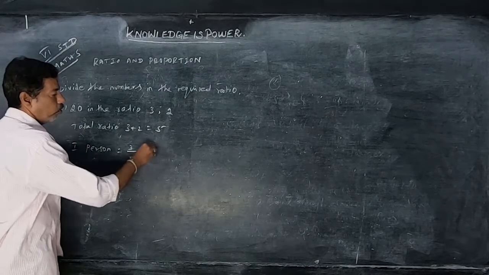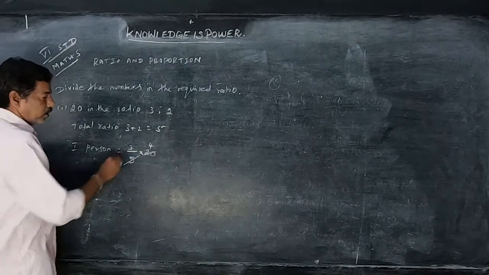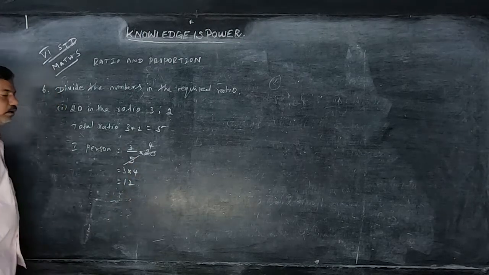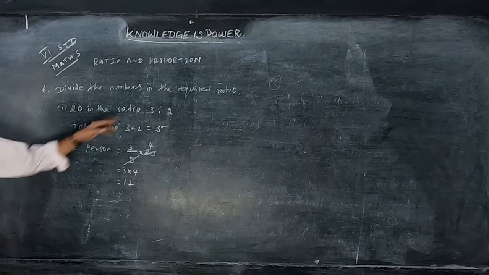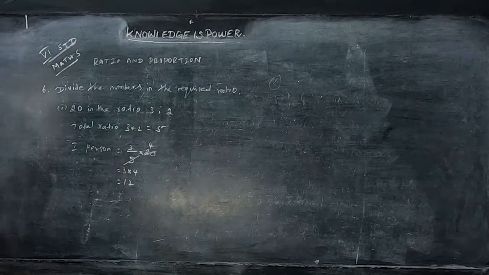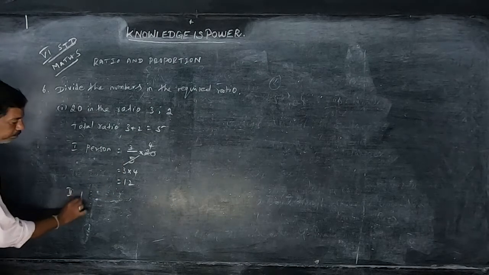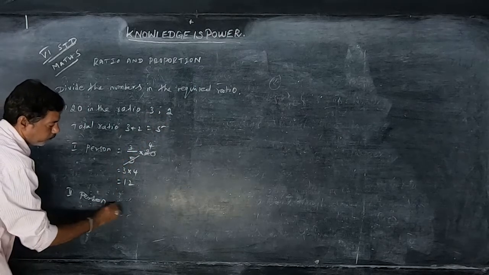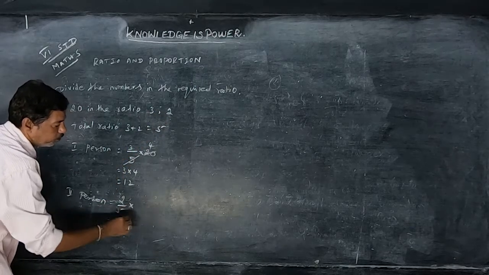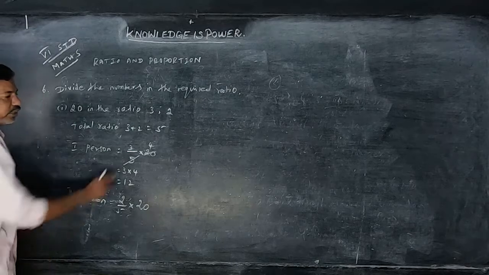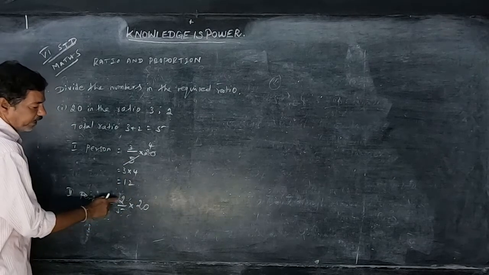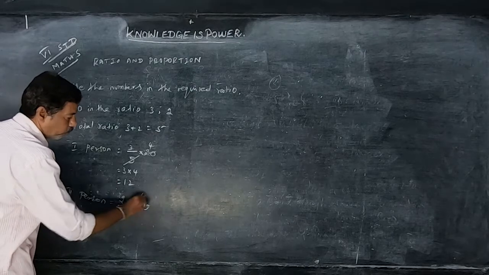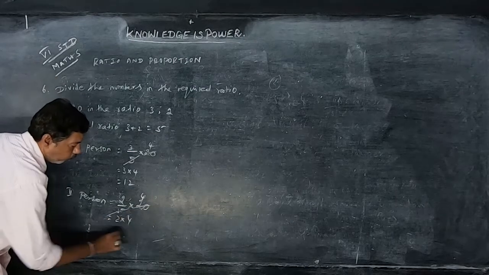5 fours are 20, then 3 into 4 equal to 12. The first person is getting 12. Next, the second person gets 2 by 5 into 20. Same here, only the ratio will change depending upon the question. 5 fours are 20, so 2 into 4 equal to